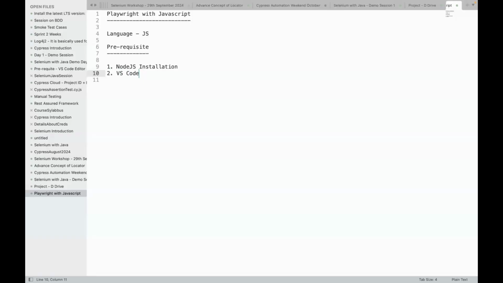When I say VS Code, I know most of you are already aware, it's an editor, which is nothing but Visual Studio Code. Obviously, currently in the market, there are a lot of editors available, but why are we going with VS Code? Because JavaScript has a good number of extensions and good library support when it comes to integrating your Playwright automation with VS Code, guys.